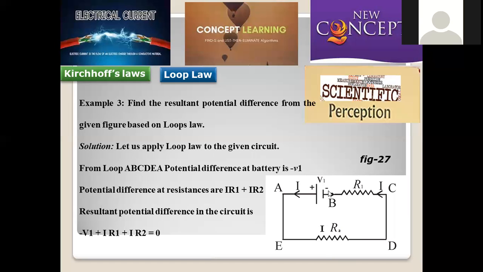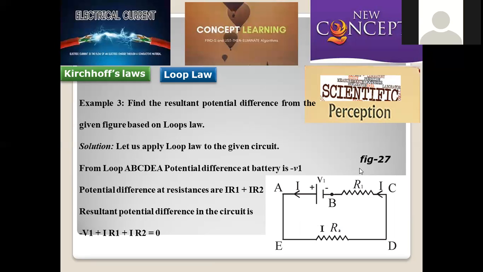Negative sign convention is provided, right? Because the current is moving from the positive terminal, right? If the direction of flow is from the positive terminal, the EMF difference will be taken as negative. Just now we got this inference. This rule was discussed in this session only. So here from the positive terminal, the direction of flow is possible. That's why its potential difference will be assigned the negative sign convention. So it will be minus V1.